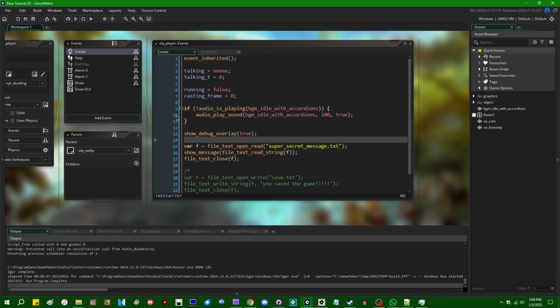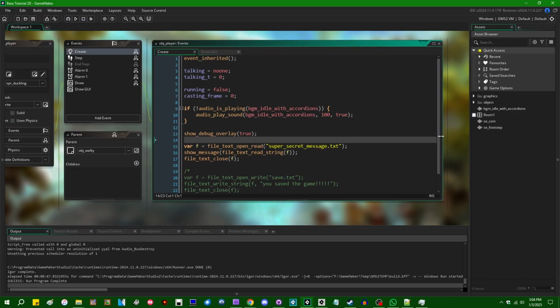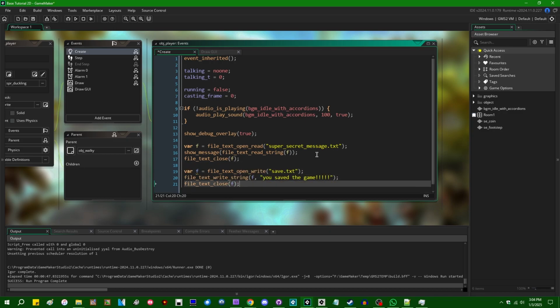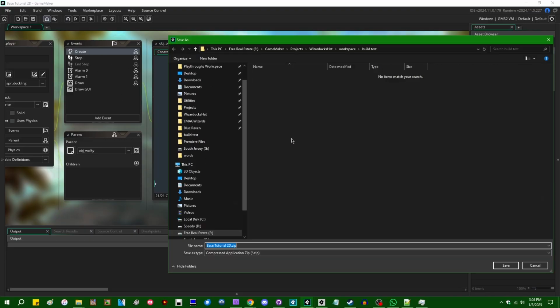The opposite is also true, by the way, and I can't really show this in the GameMaker IDE, because when you run your game through the IDE with the play button or with F5, it will actually run your game from a temporary directory, which will be recreated every time you run your game. So if I were to read our super secret message, and then save this message to a file of the same name, and then build my game, let me just stick this in like,